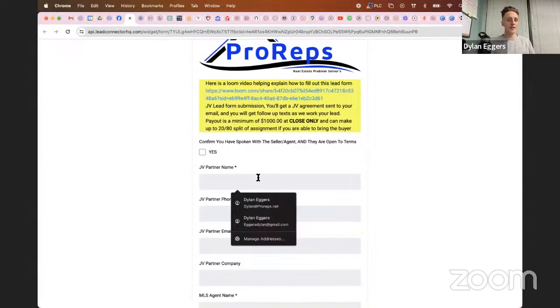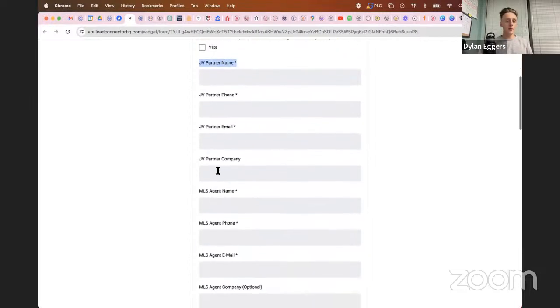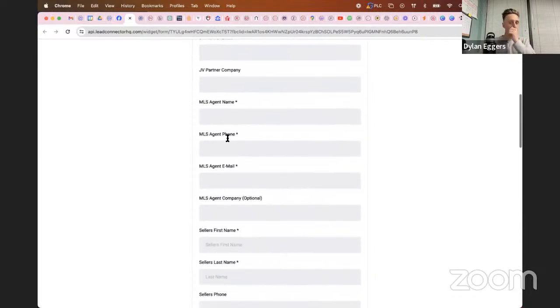JV partner, this is your name, and I think we need to specify this a little bit because we've had people fill it out wrong. But JV partner, this is your name. So obviously put your info here, your phone, your email, if you have a company. And then this is our direct to agent. So fill out the agent's name,